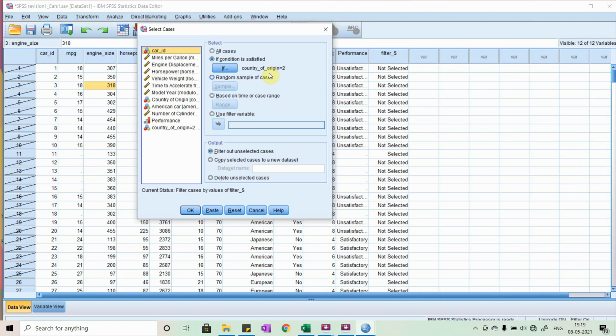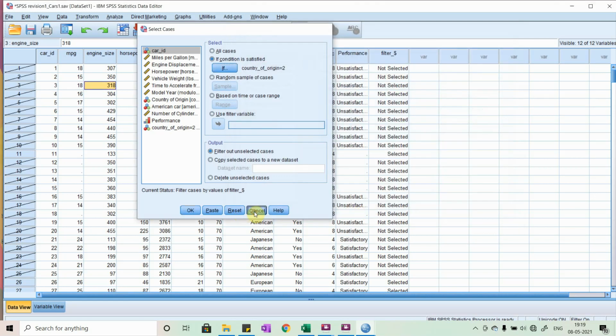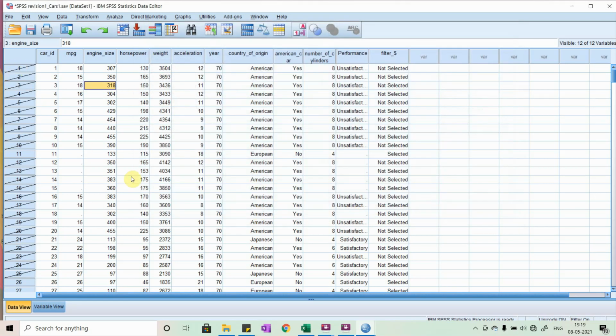Once it is executed, you go back to your SPSS window and you see that since we have selected country of origin to be 2, which is European, in the data view all your American and Japanese cases are striked out like this.